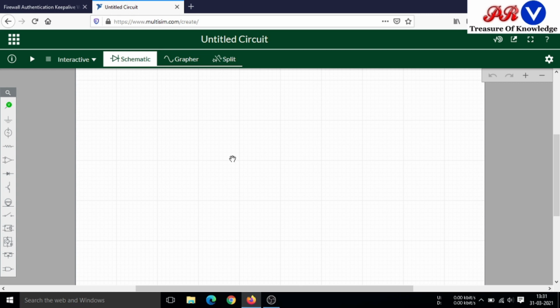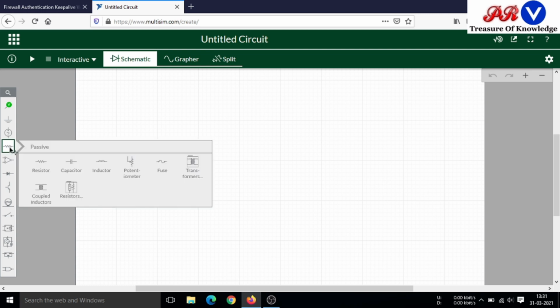Firstly we will study KVL, Kirchhoff's voltage law, and for this we will use resistors and a voltage source. Resistors, capacitors, inductors and other components are available here.